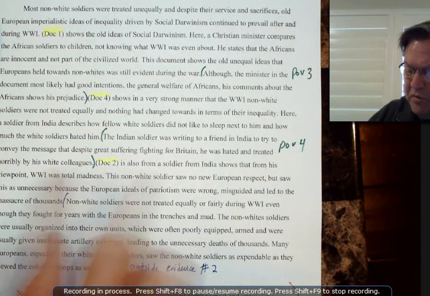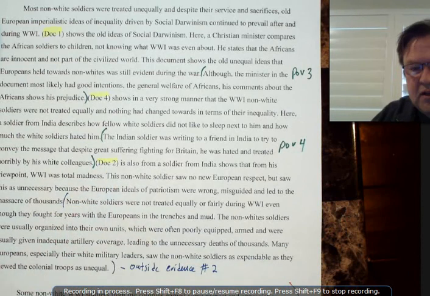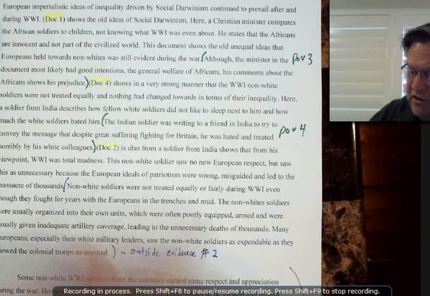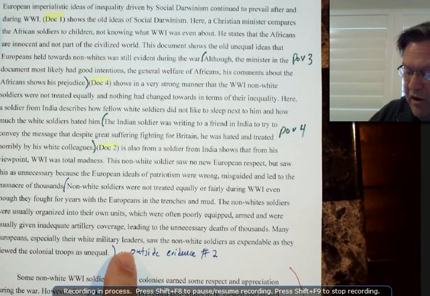Okay, outside evidence here talks about how the non-white soldiers were treated badly during the war, given poor equipment and lack of artillery coverage. That just comes from my own historical knowledge. You could have something different. Okay, last and least important